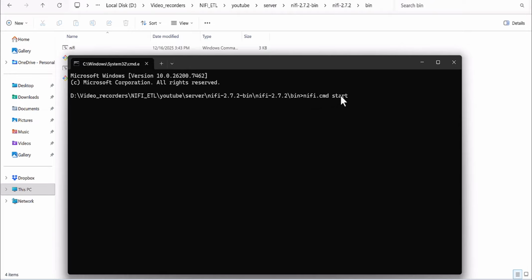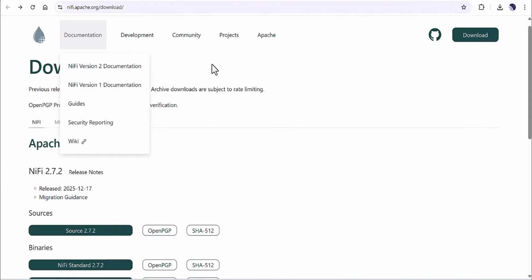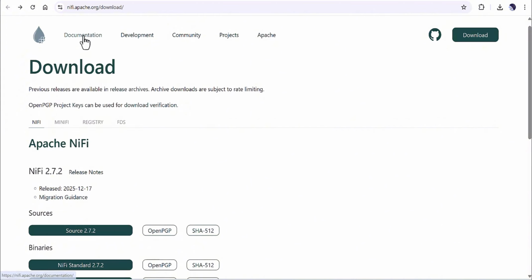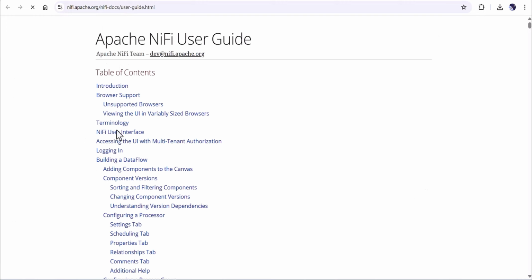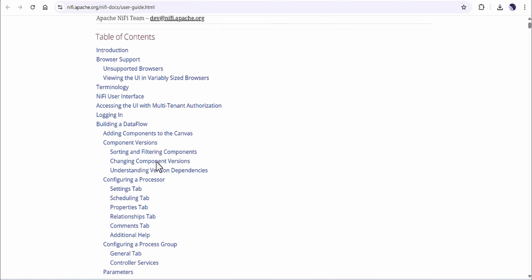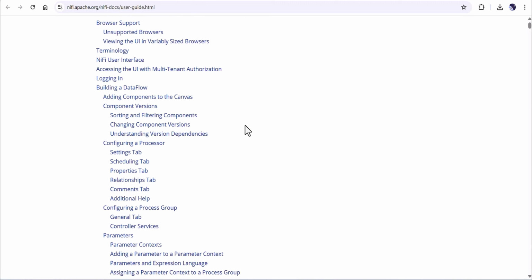Where did I find this command? As I mentioned, you can search in the documentation. I'm just telling you where you can find this information, but I already did some research for you, and I went through all this process. So when you go to the documentation, you will find it here. There is an item called user guide, and if I'm not mistaken, there was some place for